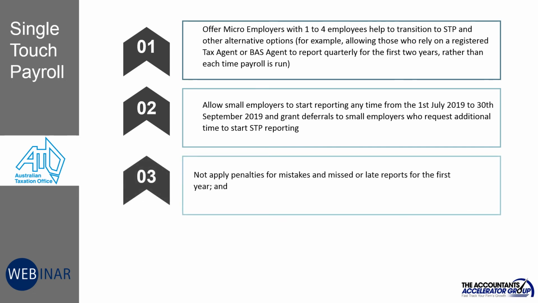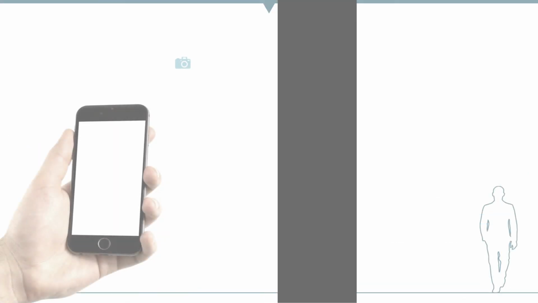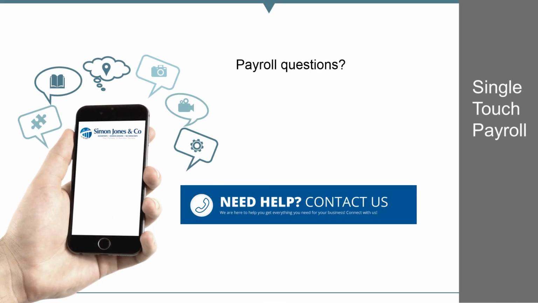3. Not apply penalties for mistakes and missed or late reports for the first year. And 4. Provide exemptions from Single Touch Payroll reporting for employers experiencing hardship or in areas with intermittent or no internet connection. In summary, this is a general overview of Single Touch Payroll, and if you have any queries in